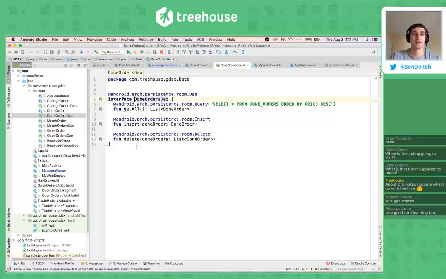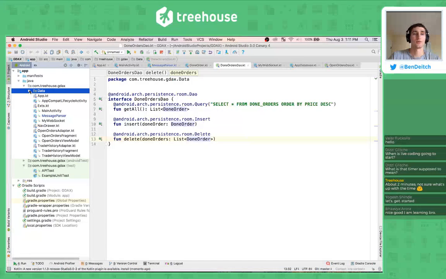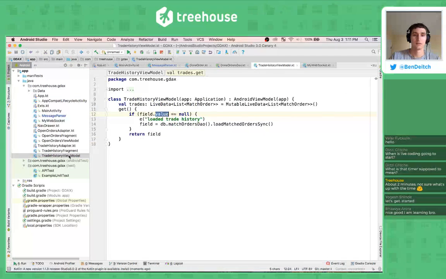Then you define an interface for interacting with that, and you define some messages. It's just really easy to use. All right, so then we get all the messages and we put them in a database and we pull them back out into the UI using view models,